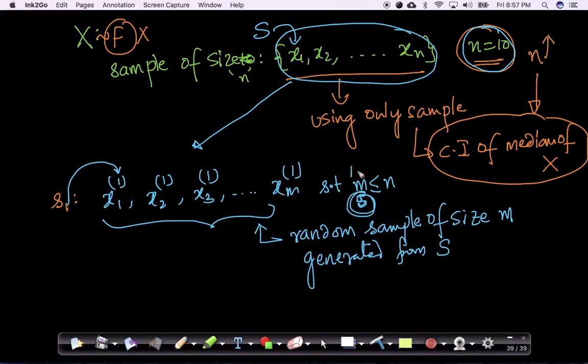When I pick the values, some values may repeat. That is called sampling with replacement. Some of these values may repeat, and such a repetition is called sampling with repetition. So what I do here is I pick each value, and each value